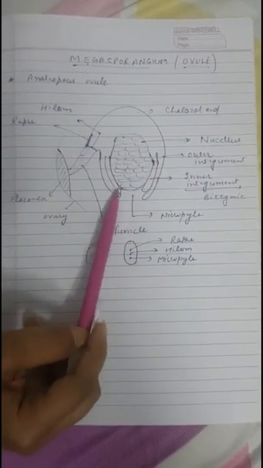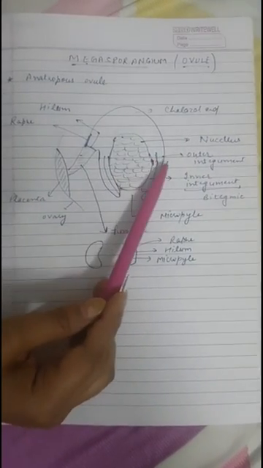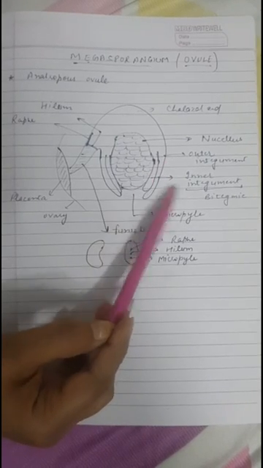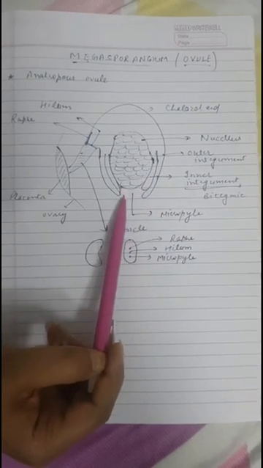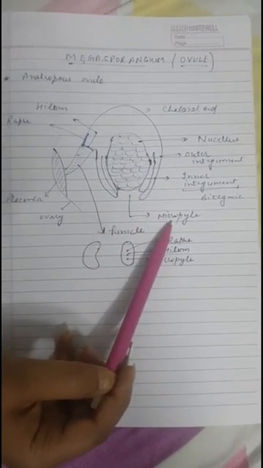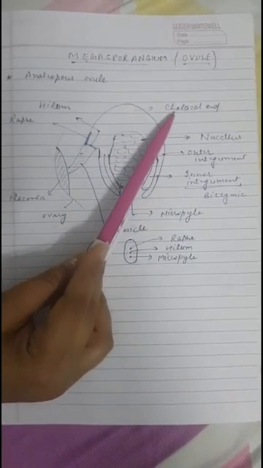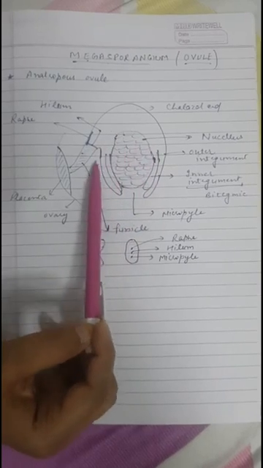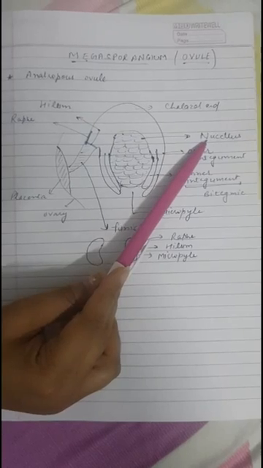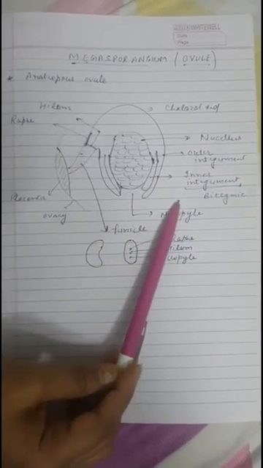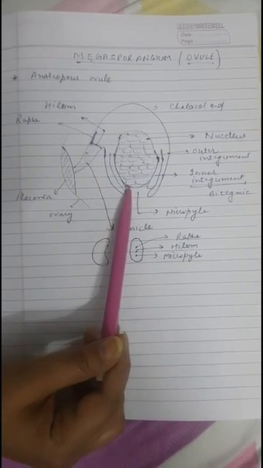This structure is called ovule, which has two layers or membranes called integuments. The outer one is called outer integument, the inner one is called inner integument. This structure is bitegmic. The end where the integuments are not present is called micropylar end, and the end just opposite to the micropyle is called chalazal end. The tissue enclosed inside the ovule is called nucellus. So this is the structure of the ovule, and this ovule will later form the future seed.